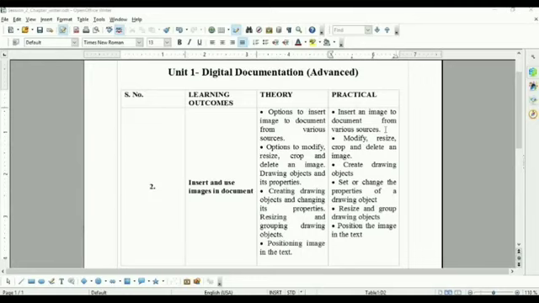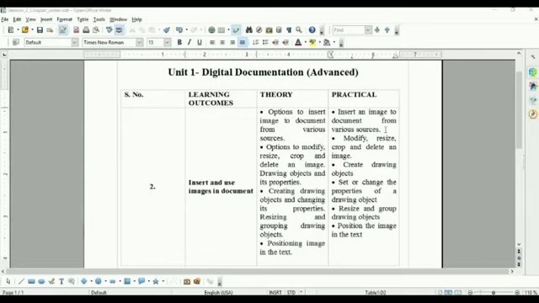So we will see that in this point. Then, resize and group drawing objects. How can we shrink and how can we grow our drawing objects? Shrink means reduce the size, grow means increase the size. In this topic we will discuss how to do this. And grouping drawing objects means grouping 2 or more objects together, like one is a rectangle, the second one is a square, combined together with the help of the grouping option. We will see this in this topic.